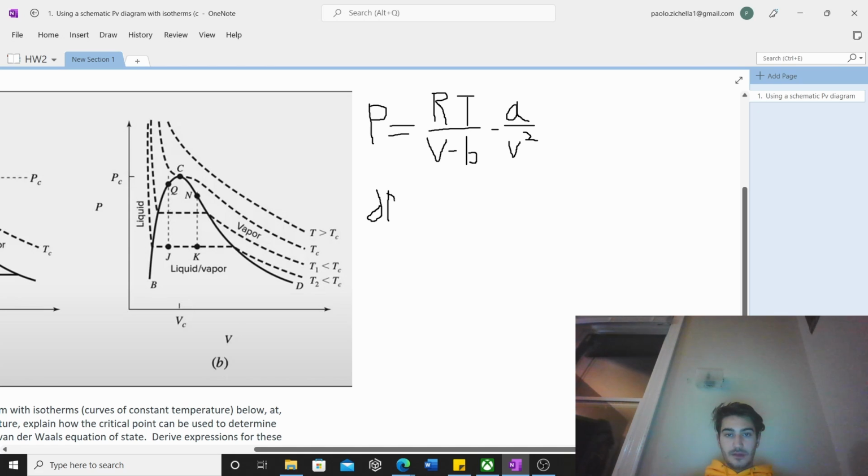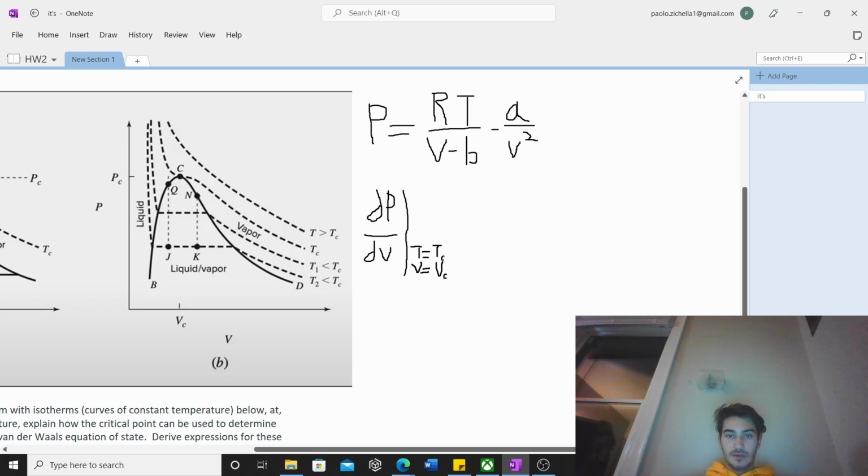So the derivative of the pressure with respect to the volume, when the temperature and volume are the critical temperature and critical volume, so T is equal to Tc and V is equal to Vc, is equal to 0. We know the variables that are needed, and we can find the derivative. So we know that 0 is simply equal to